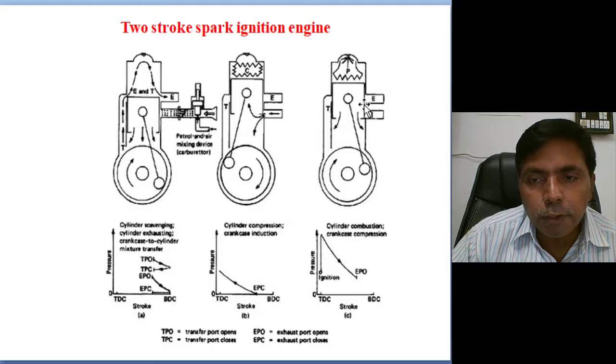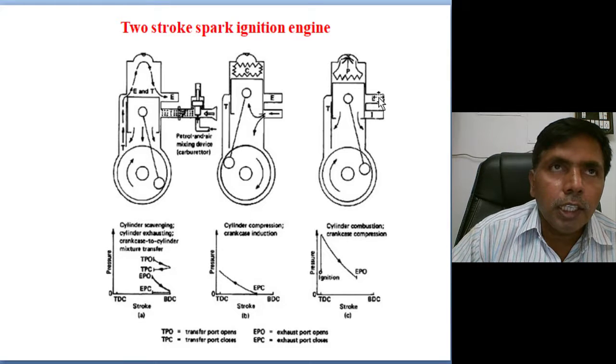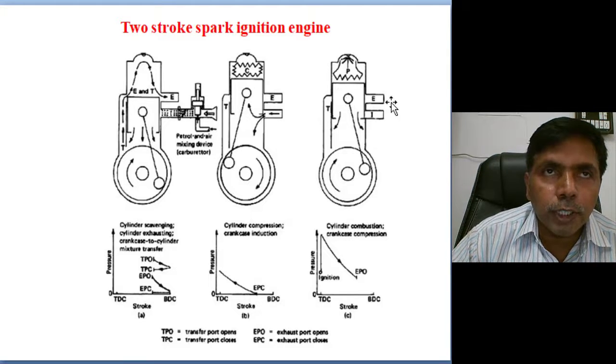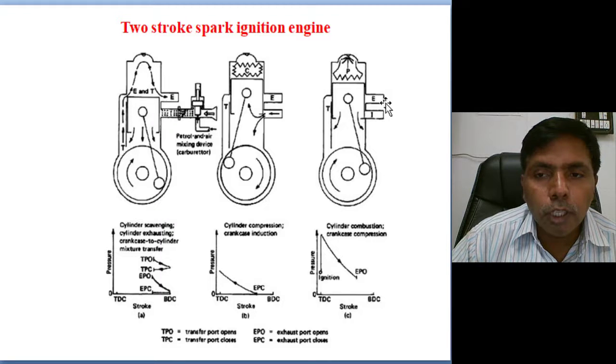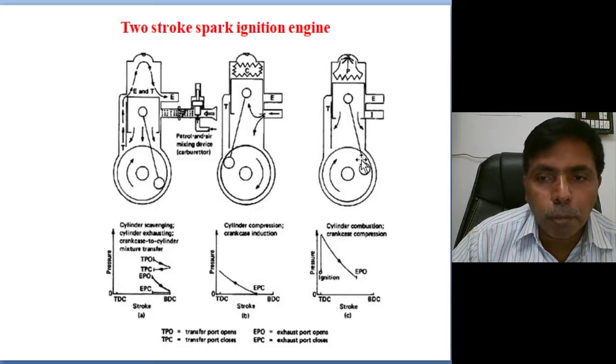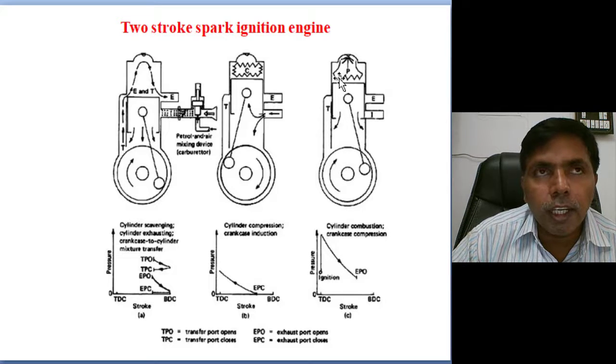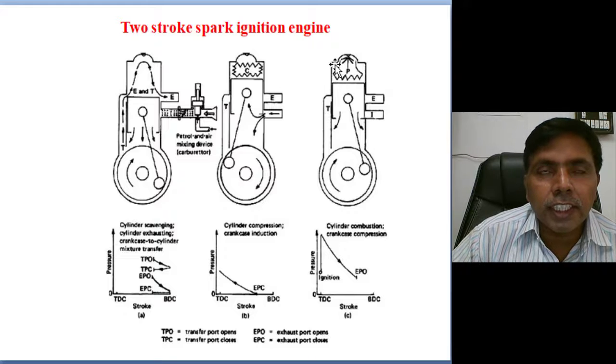Before reaching the BDC, first the exhaust port opens. The entire exhaust gas is ready to escape through the exhaust port. With further movement, again the transfer port will open. The compressed air fuel mixture enters the cylinder combustion chamber area, and first it will scavenge the remaining exhaust gas, and the piston will reach the BDC condition. Again that is one stroke.